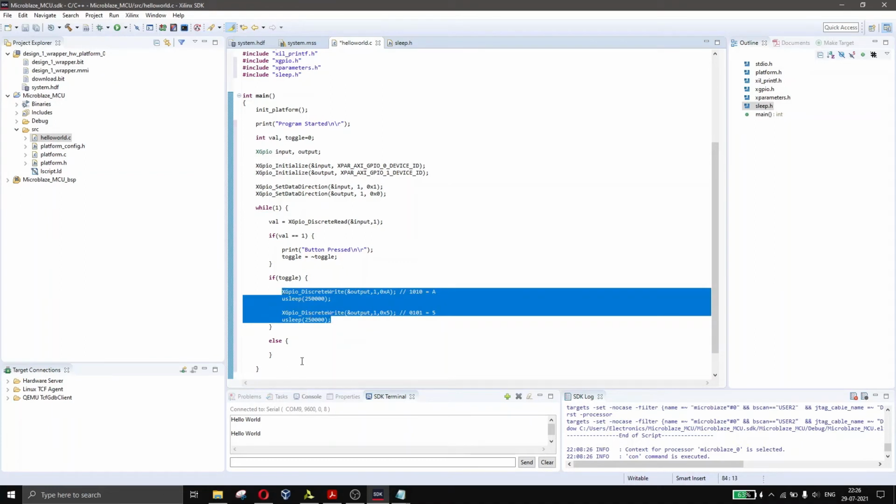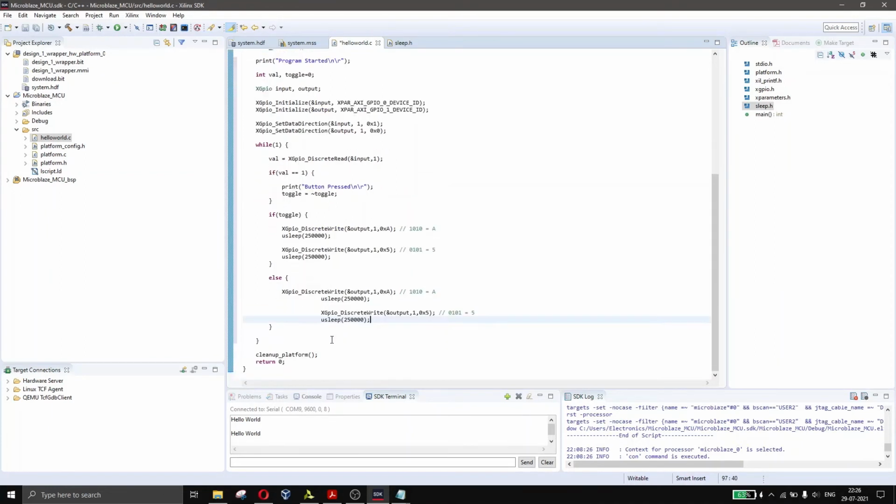I'll copy it, and for this I'll put 1100. 1100 would be hex of C, so just put C, and then 0011 would be hex of 3. So here would be C, and here it would be 3.